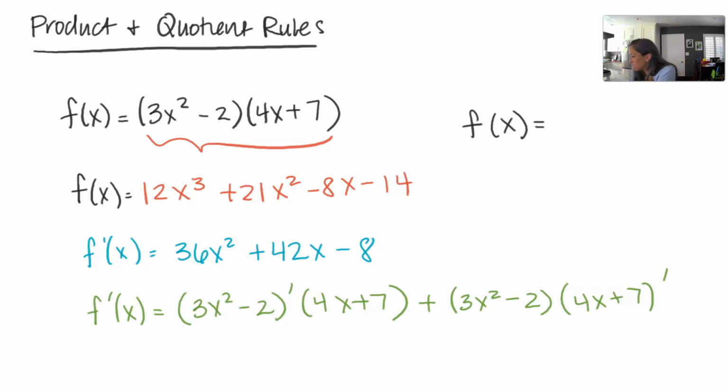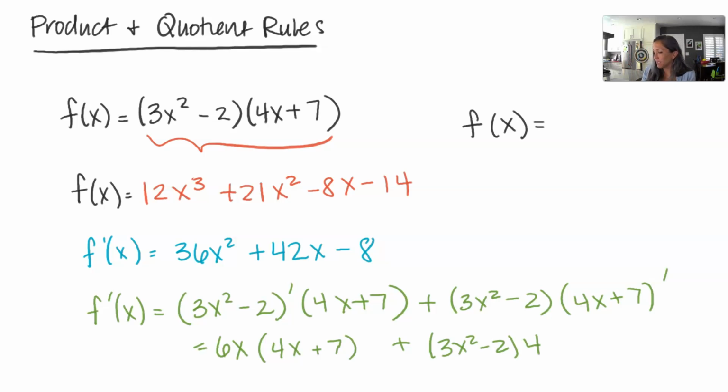Okay, so we could take those two derivatives, still power rule. We have a 6x, and then we're still going to have that 4x plus 7 being multiplied to it. And then it looks like we have our 3x squared minus 2 times 4. So what should happen if I distribute everything, we should end up in the same place. We end up with, this is when I get real scared, did I do math poorly earlier? We will find out. We have 24x squared plus